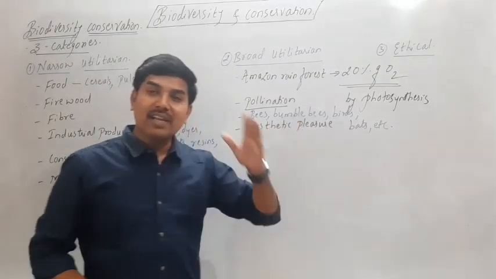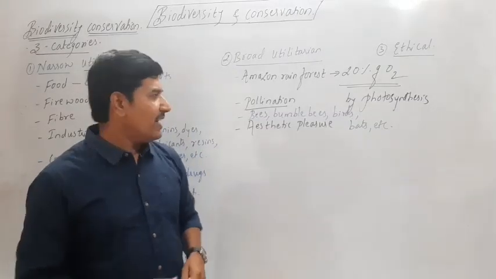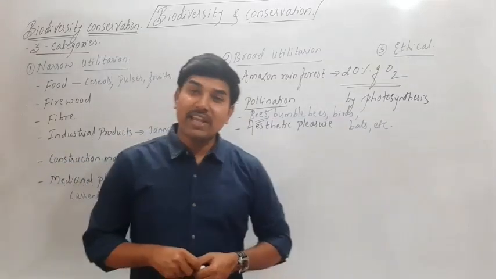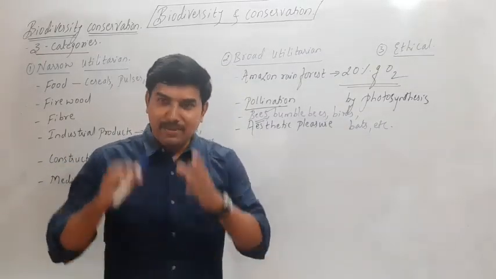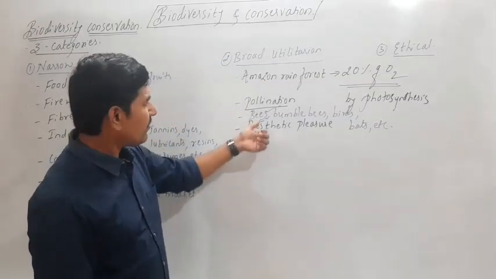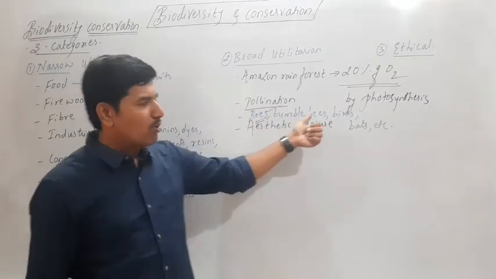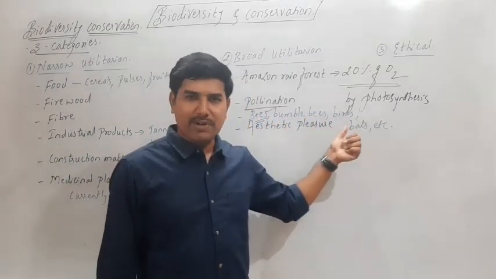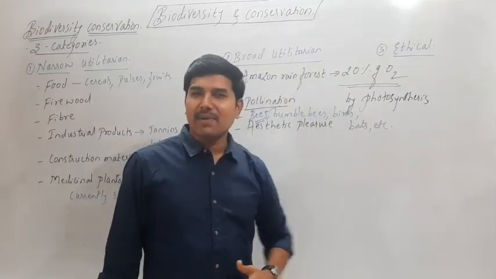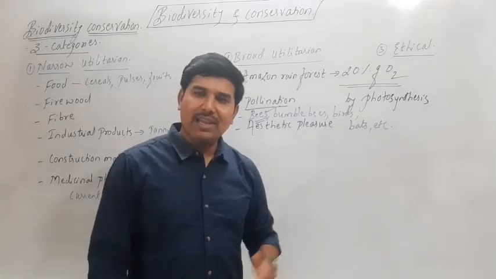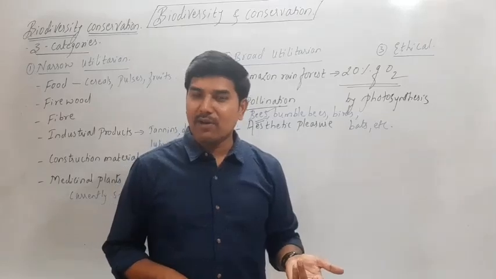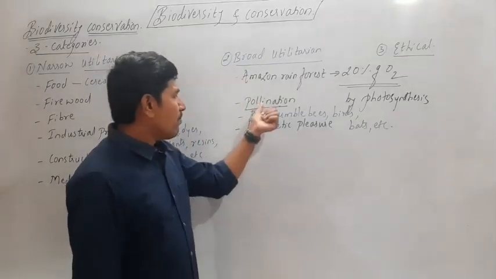Pollination is done majorly by what? Insects, and especially these bees play an important role. Almost 70% of the pollination is majorly through the insects only, and moreover it is through the honeybees. Along with that bumblebees are also there, birds like hummingbird, smallest bird, helps in pollination, even bats. Already you have studied in the second chapter in the part of pollination. Like entomophilous flowers, anemophilous flowers, chiropterophilous flowers. So in such a way, pollination is carried by the